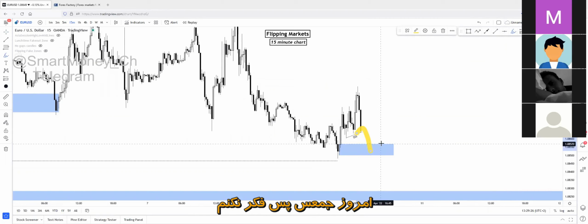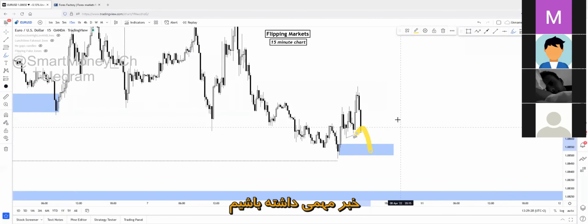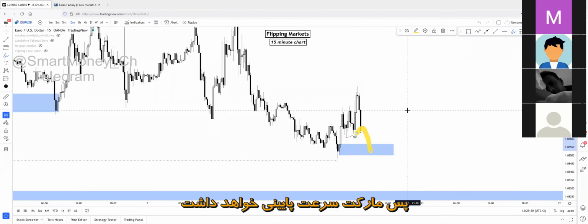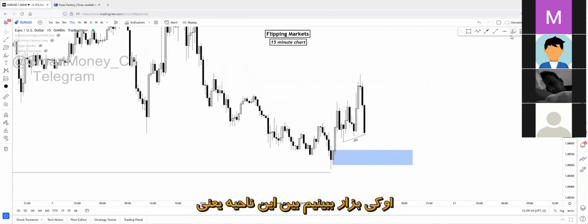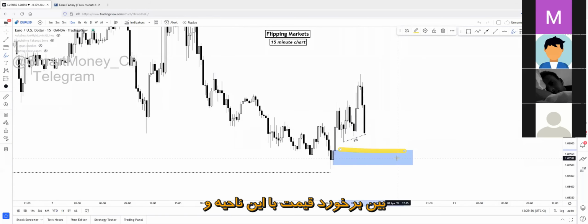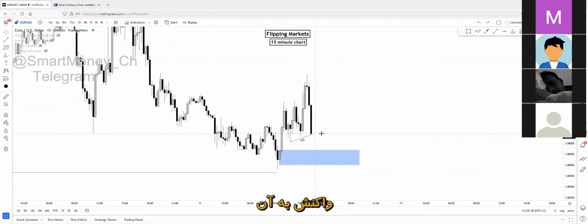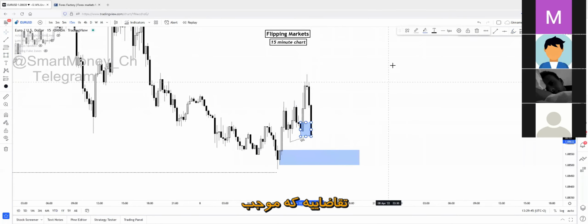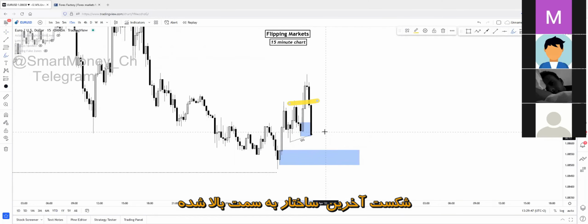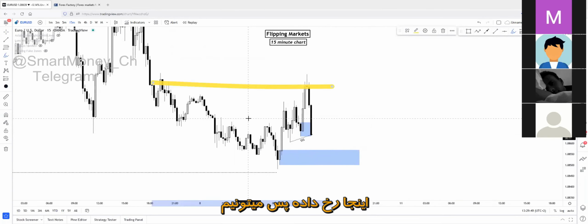It's Friday, so I believe there won't be any high impact news movement today. So the market will be very, very slow. But you have to react. Okay, let's see what can happen between the tap of this zone and the reaction on this zone, and this price action region. Actually, price can change character here. As you can see, here's the last recent demand zone that has caused the last recent break of structure to the upside, and the higher time frame change of character right here.